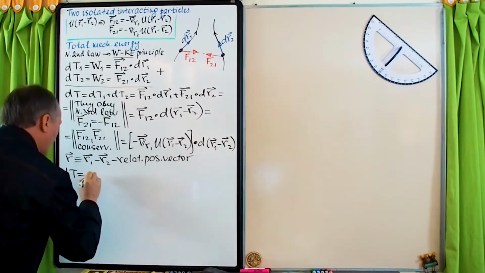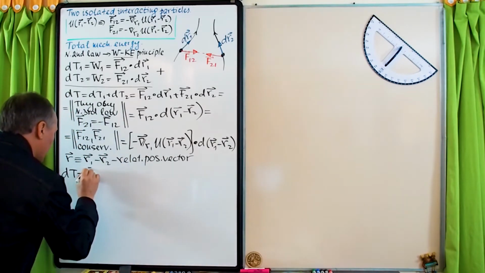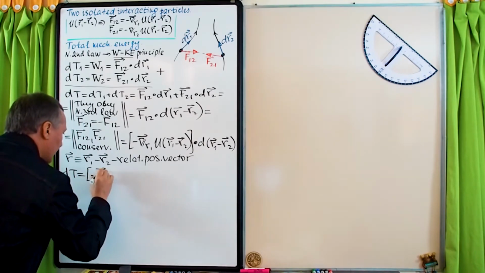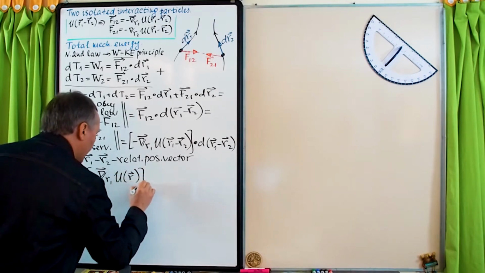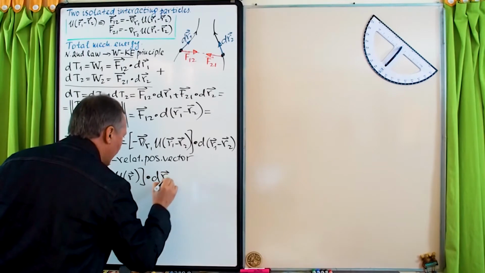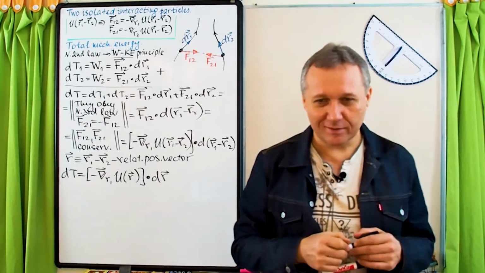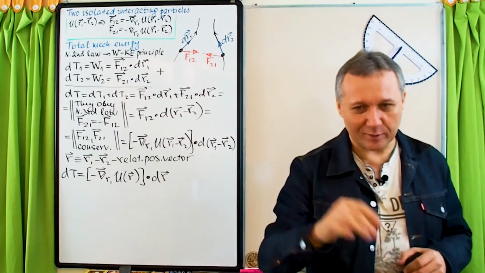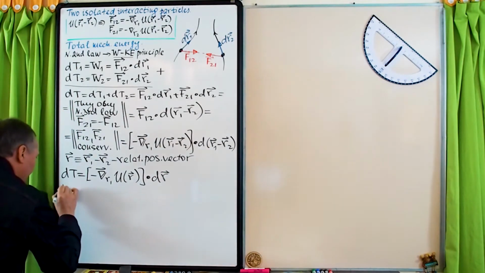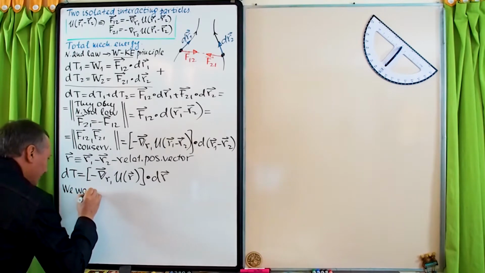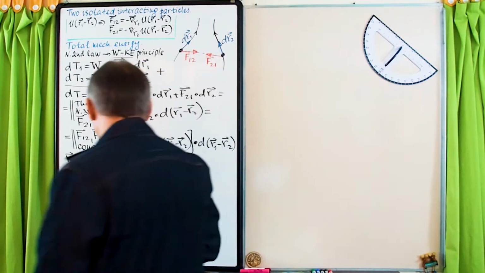So it will be minus gradient with respect to r1 of U(r), dotted with dr. Okay, now you see where I'm trying to get, right? My goal, getting out of this mist. Basically, we want, not just I want, it sounds too selfish. So what we want to actually use,